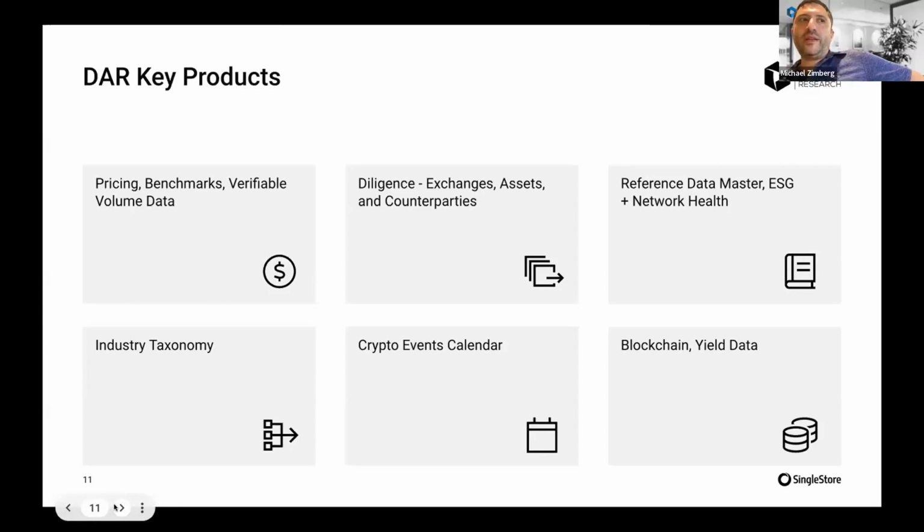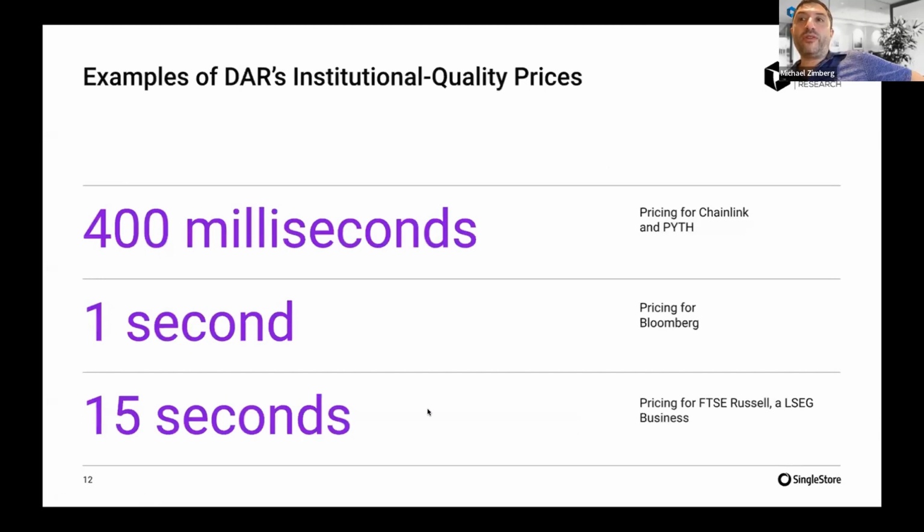Sure. So I think the most demanding clearly is we do a price every 400 milliseconds for Chainlink and Pyth. So it's 2.5 times a second. As long as there's a trade, we will derive a price. And there's a lot of steps involved in that. We need to collect all the trades, dedupe them, normalize them, get them loaded, and query them again by the pricing engine,